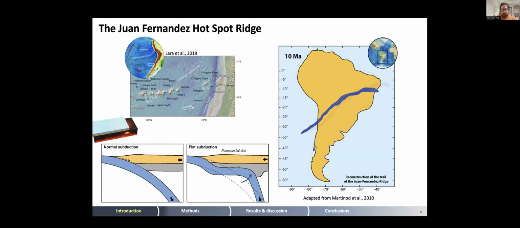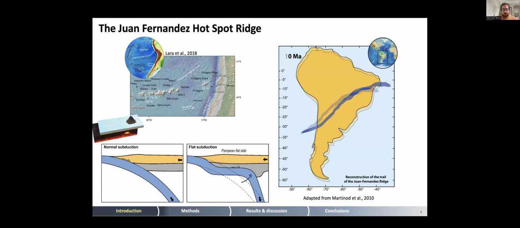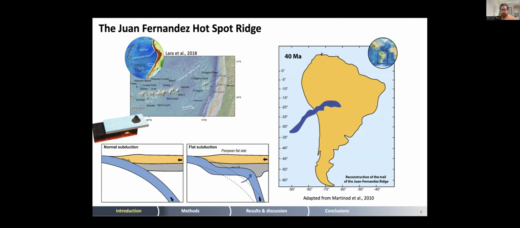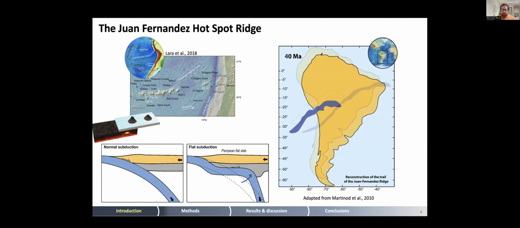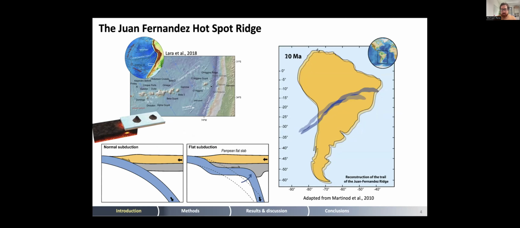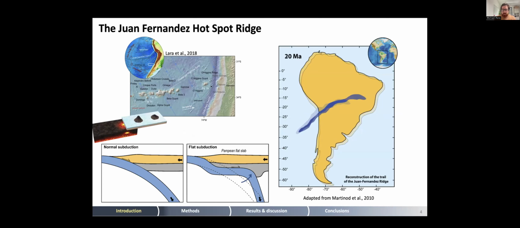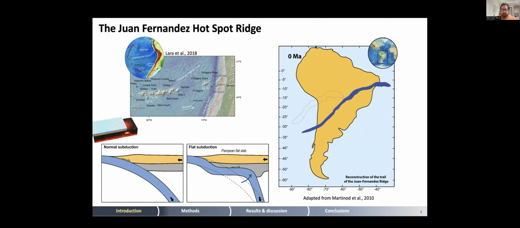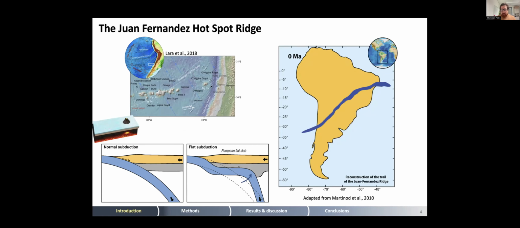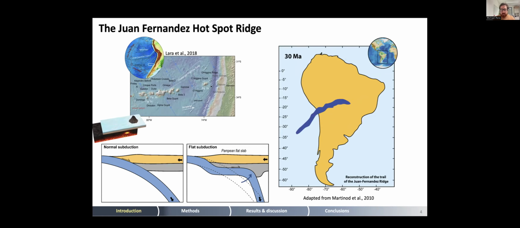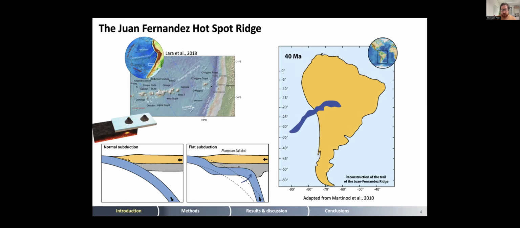Another feature that is important to discuss is the subduction of the Juan Fernandez hotspot ridge under the Central Andes around 35 million years ago, and its migration to the present day around the Sierras Pampeanas latitude, 33 degrees south, due to the obliquity of the convergence between the plates. And with that migration of the